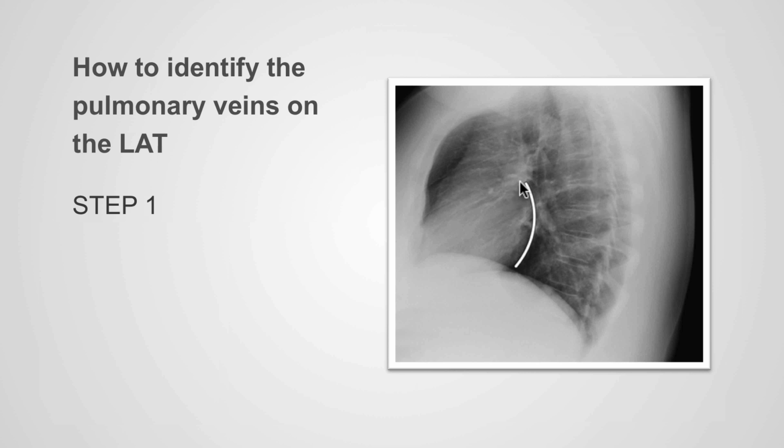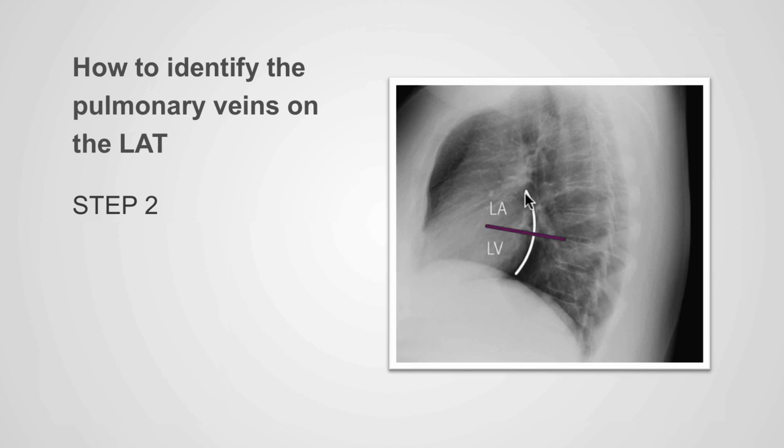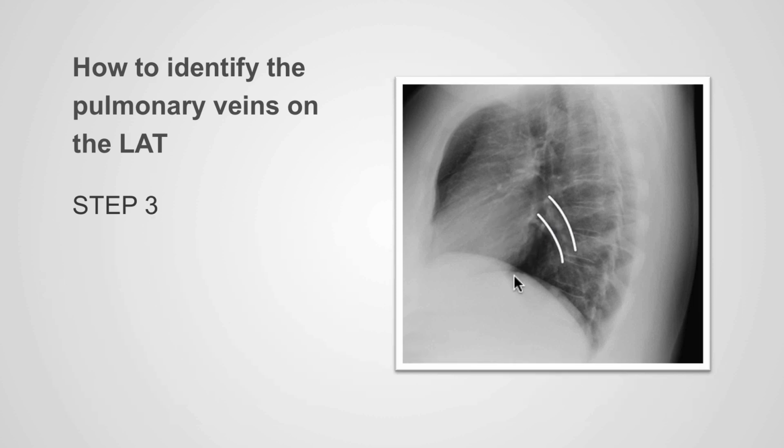First, we identify the posterior aspect of the heart. We then divide this contour into two halves. The left atrium lies superiorly and the left ventricle inferiorly. We then look for structures that are extending from inferior and anteriorly entering into this region, and these constitute the